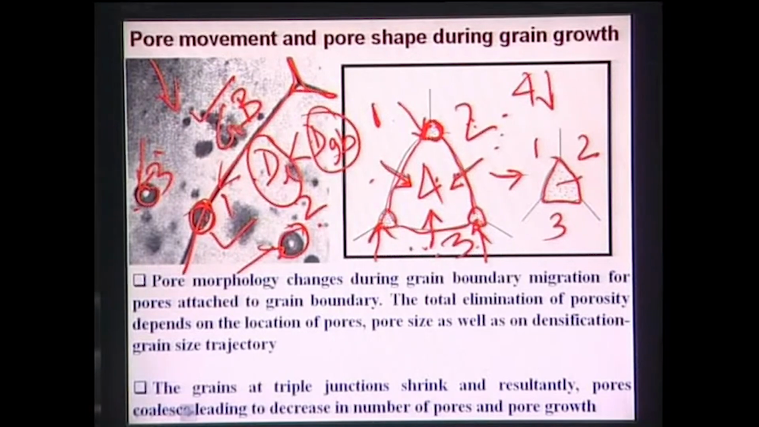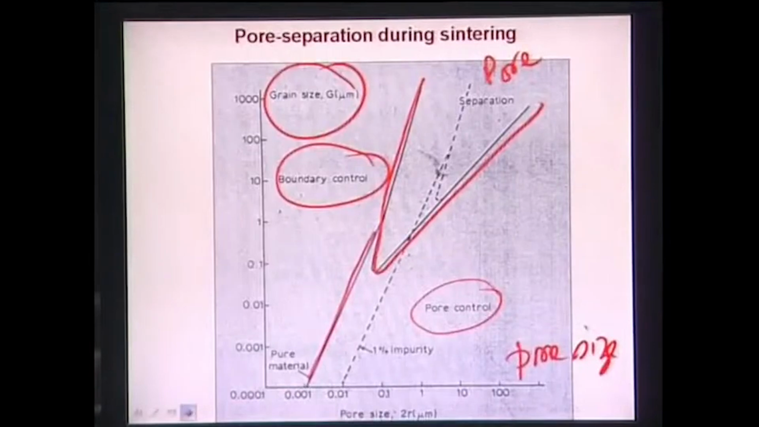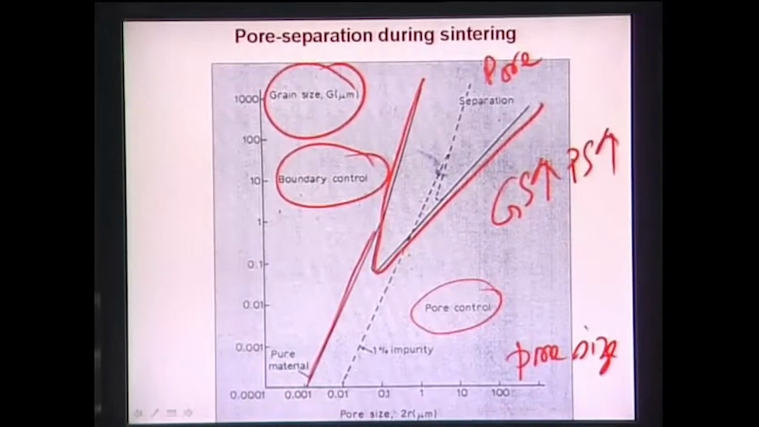And that is what has been shown here, that during your sintering, particularly in the final stage of sintering, your grain growth or grain size increases, and your pore size also increases, okay. If your grain size increases, you are going in this direction, and if your pore size increases, you are going in this direction, okay. Now if by chance you are entering into this region during your sintering process